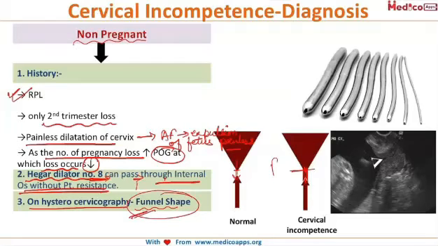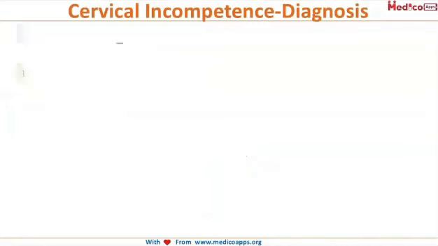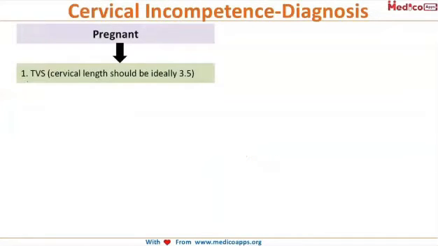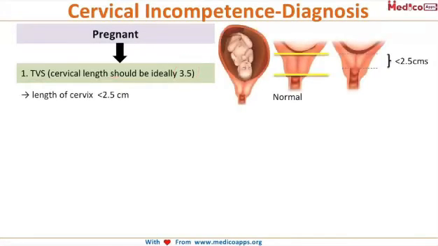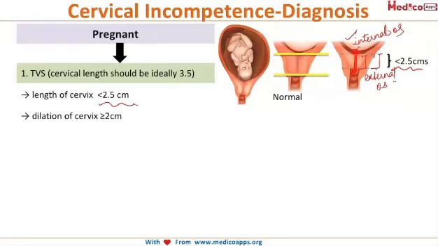Now, this was in the non-pregnant state or in the interpregnancy interval, but to diagnose this when the patient is pregnant, we do a transvaginal ultrasound, and in this the normal cervical length is ideally 3.5 centimeters. If the cervical length is less than 2.5 centimeters, as you can see here, this is the cervical length between the internal os and the external os, or the dilatation of the cervix is more than 2 centimeters,